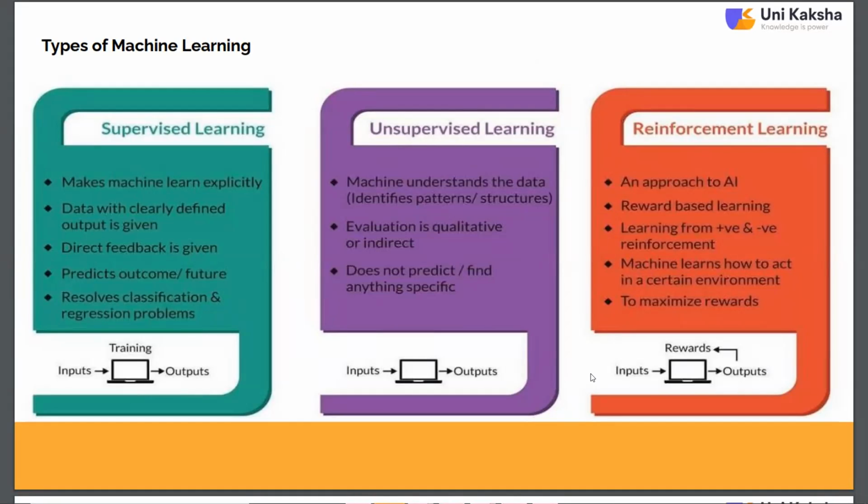Driverless cars and different artificial intelligence based systems which we use nowadays all depend upon reinforcement machine learning. So these are the three types of machine learning algorithms that we are using for our COVID-19 modeling session. Okay, next slide, sir.